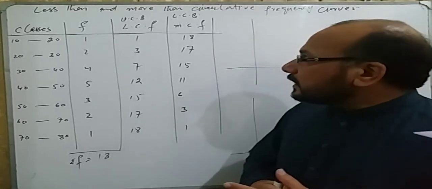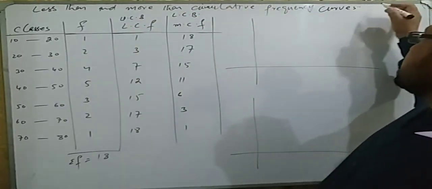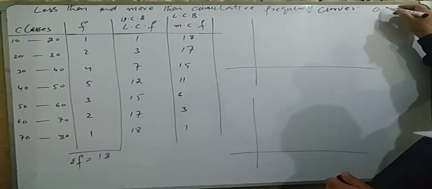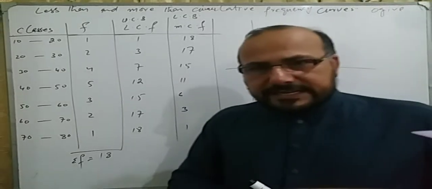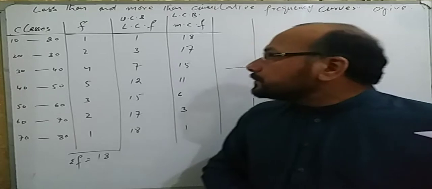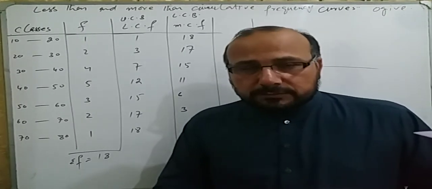That is also called Ogive. This is basically called what? Ogive. This curve is called Ogive. So, in case we are going to draw the less than or more than cumulative frequency